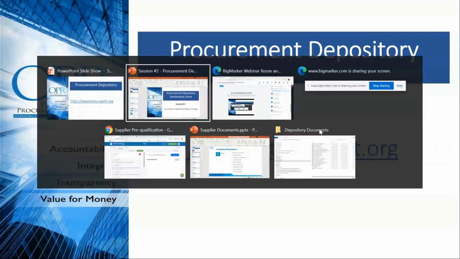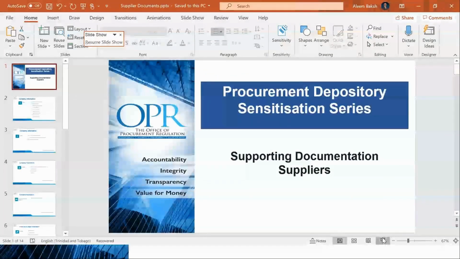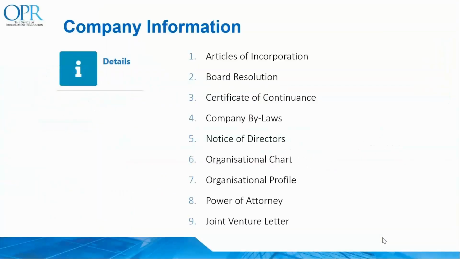So at this point in time, I just want to switch to another presentation that we have here in terms of identifying the different types of documents which are required for the depository. So as I mentioned before, we have company information, and under company information, we have certain details that are required. So information such as articles of incorporation, board resolution, certificates of continuance, notice of directors, company bylaws, organizational charts, organizational profile, if there are any powers of attorney, and any joint venture letter, if it's a joint venture